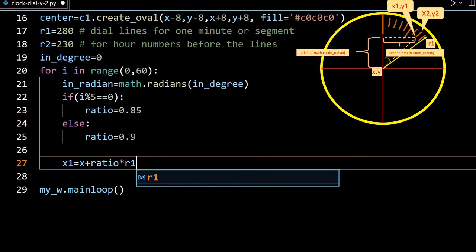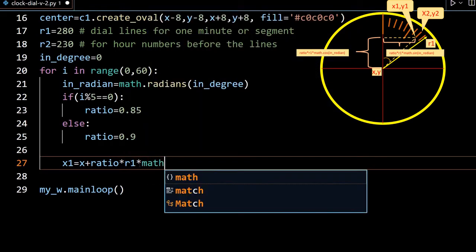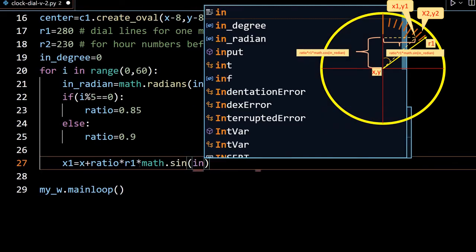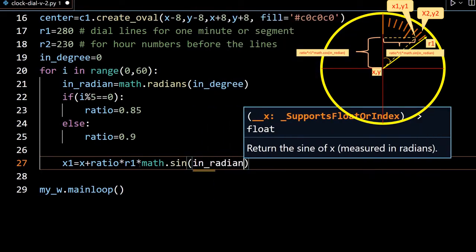R1 is what, at line number 17, 280. That is the length of the outer edge of the segments, where the lines will come. R1 multiplied by math.sin of the angle in radians.